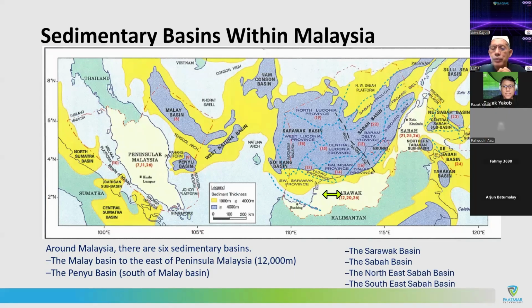It's difficult, even for Shell before. Shell failed to drill this area because of lost circulation across this huge carbonate below the seabed. But with the technology now, you can see new companies coming in, like PTTEP and Murphy. We discovered all the gas and oil below that particular complex area. Once we know how to manage the karst, that's the technology coming in that helps us discover more oil.